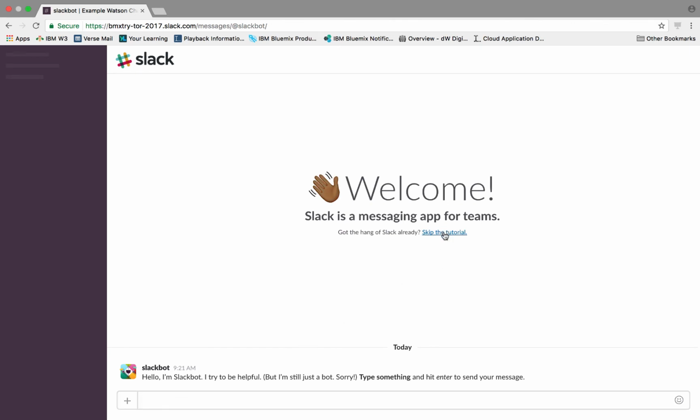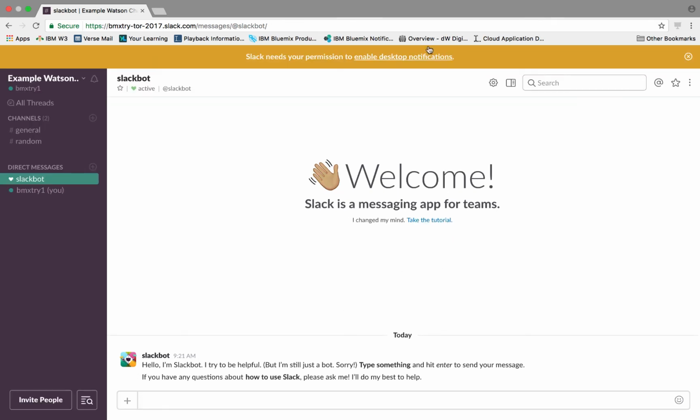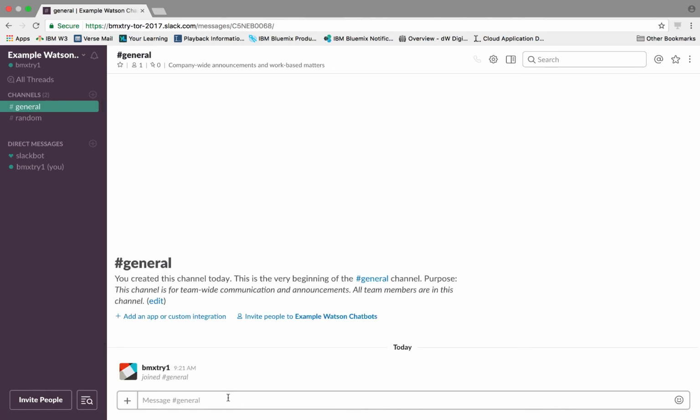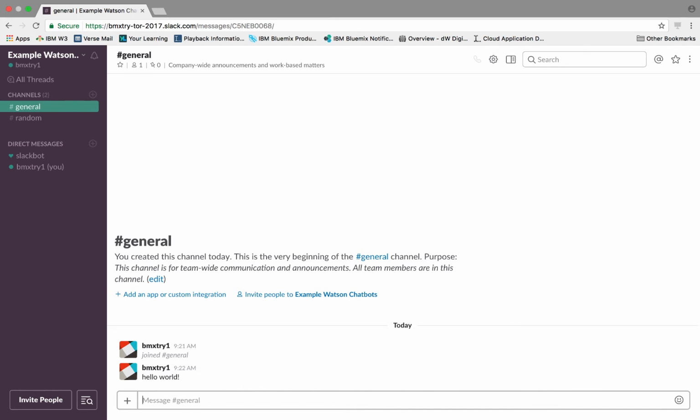And we're going to skip the tutorial. And you don't need to turn on desktop notifications. And we've got the general channel, and we'll just use the general channel. All working. Now that we have a working Slack team, we'll be able to add our own Slack bots as